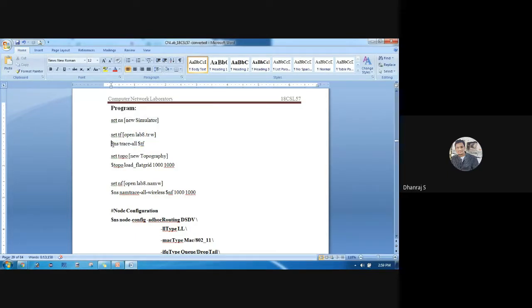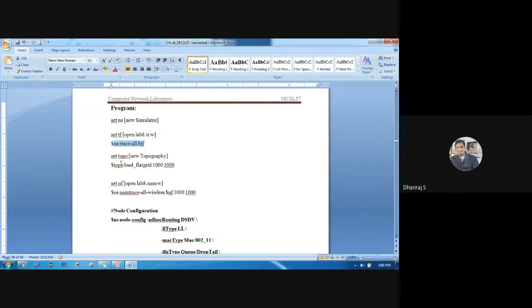The last line, $ns trace-all $tf, will trace all the events and the configuration, as the name indicates. Because we have configured different parameters for the different nodes in this particular network.